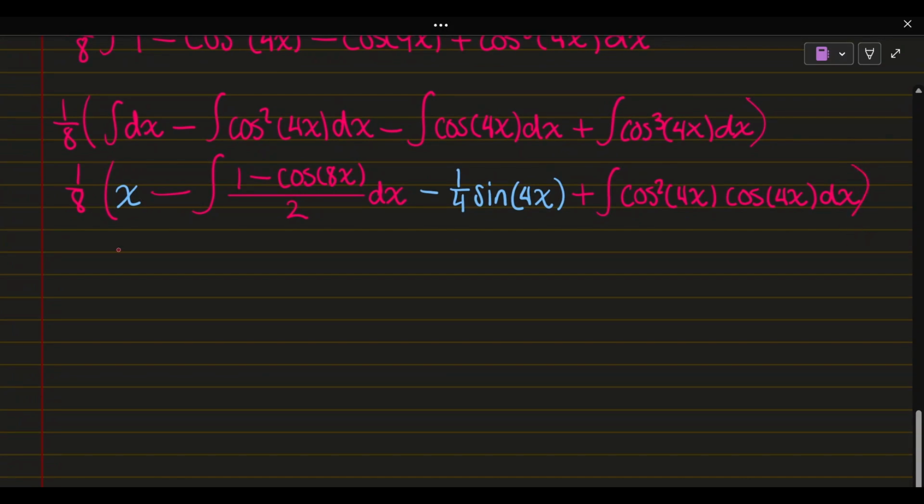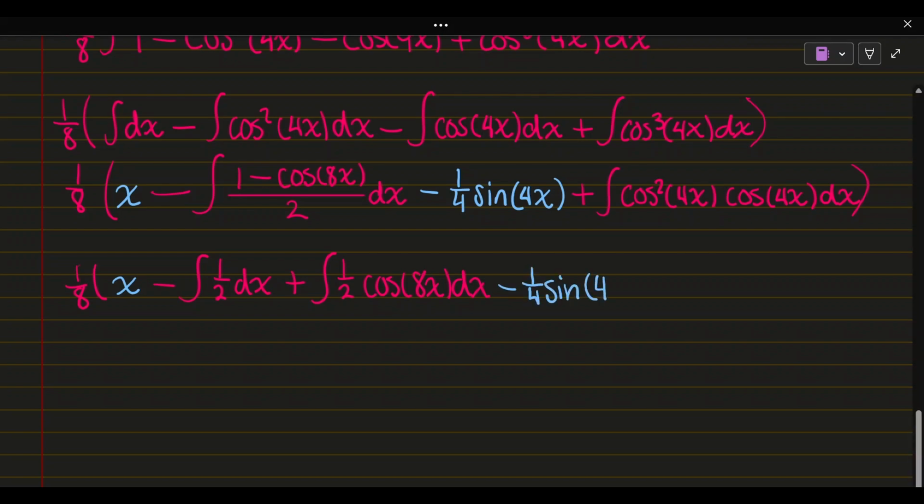Okay, so now I have 1/8 times x, that's already done, and then this is going to be minus the integral of 1/2 dx plus the integral of 1/2 cosine 8x dx, and then we already finished that 1/4 sine 4x, and then here we're going to do a u substitution,